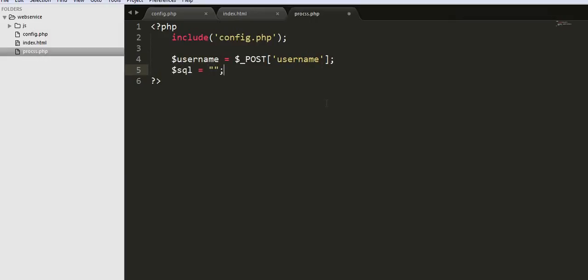$sql equals to insert into table of ajax with value of $username. Okay, and field name is username. Okay, this is an SQL query with the help of which I'll be saving the data into my database, and